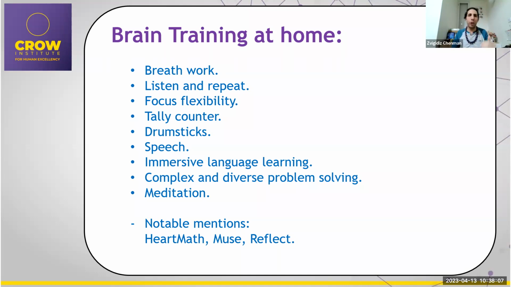Another type of practice that you can do is work on your focus flexibility. That's working exactly on our front brain, on the oxygenation that we talked about before. And the way you do that is that you pick an object, any object you want, okay? And you just place it in front of you. And then you can choose the amount of time. I usually say that you should do 3 minutes hyperfocus and then 2 minutes kind of open focus. I'll explain in a minute exactly how, but you can do more if you feel that it's good for you, if it works for you, if you're able to do it, the shifting.